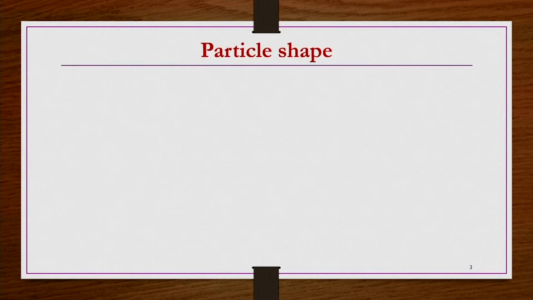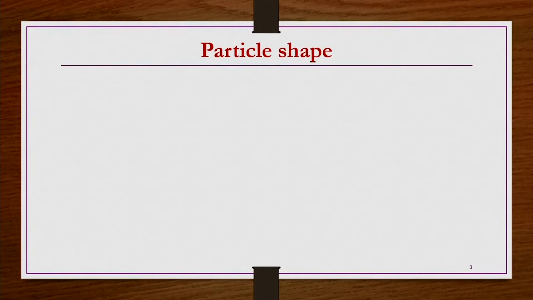So, particle shape for a given irregular particle: when you take a bulk material and crush it into smaller fractions, you get small particles, but they are of irregular shape. They are not of regular shape, not spherical, not cylindrical, not completely needle like. Even if they are mostly needle like, they are not perfectly needle like. Even if they are rounded, they are not perfectly spherical. So, how to represent these irregular particles? That is what we are going to see for individual particles.